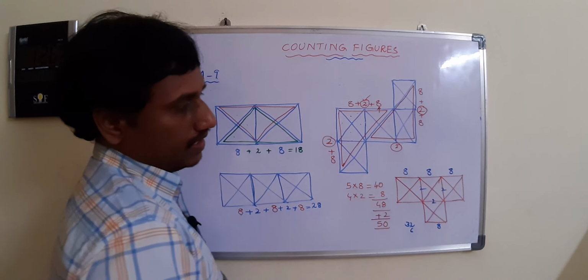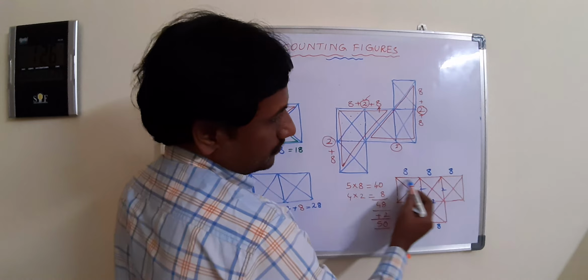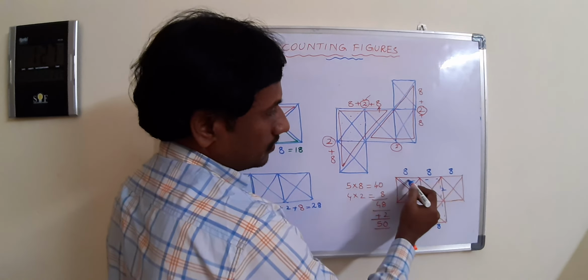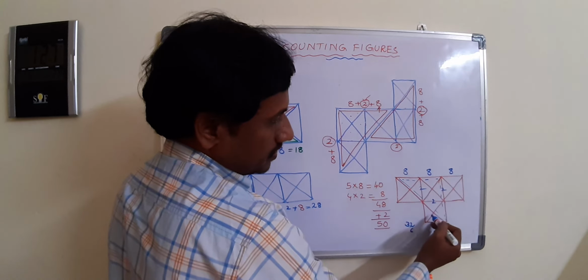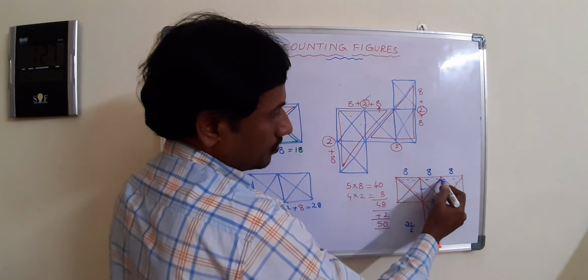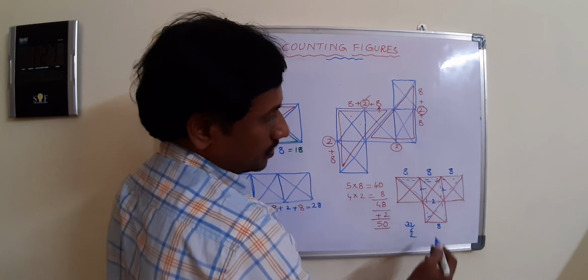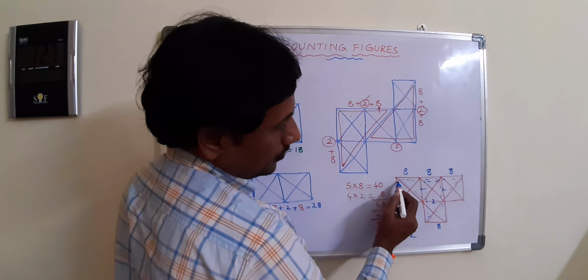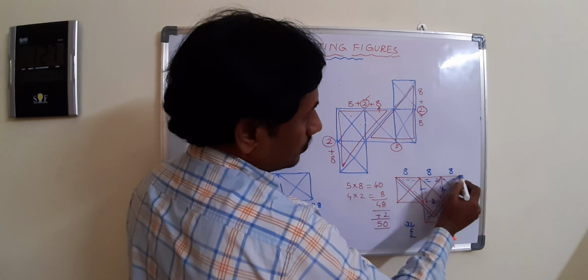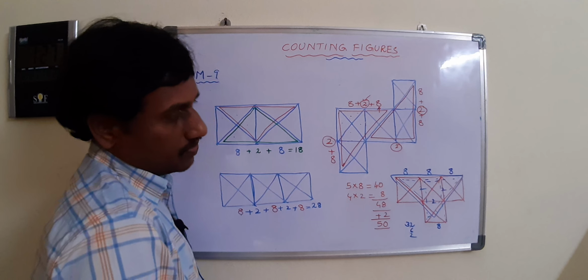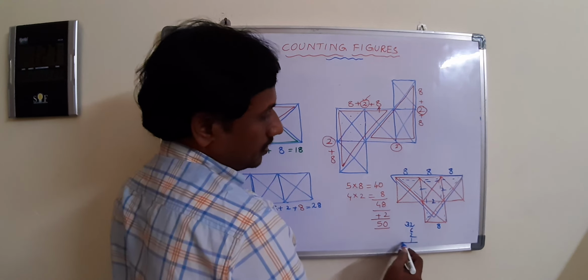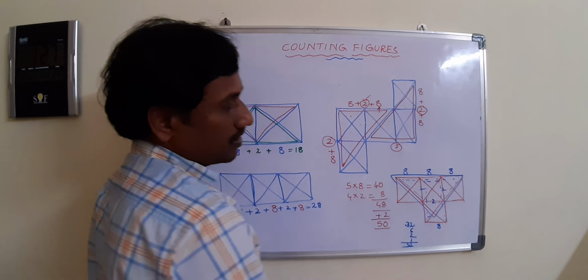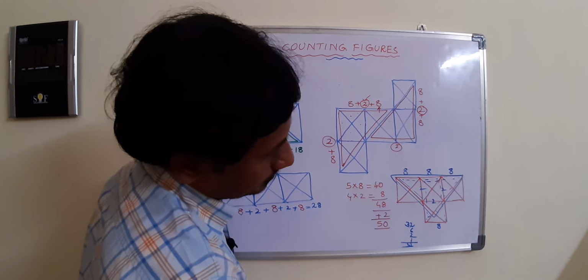Next, take the combination of 3 squares. Suppose you take these 3, here we are having one triangle, and because of these 3, here we are having one more like this, then 2. And just observe, if you consider up to this, it is one more triangle. Then in total how many? 32, 38, 39, 41. Total 41 triangles we are having.